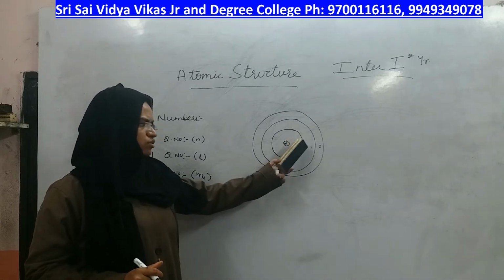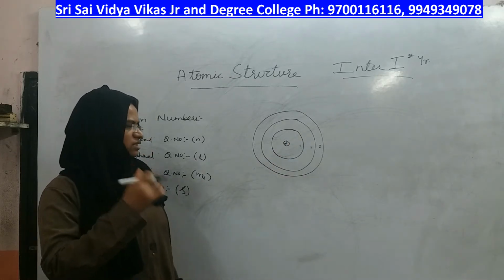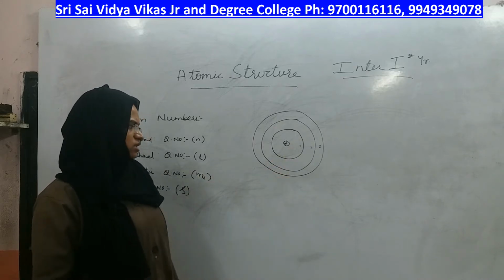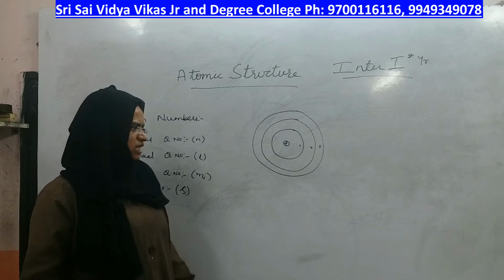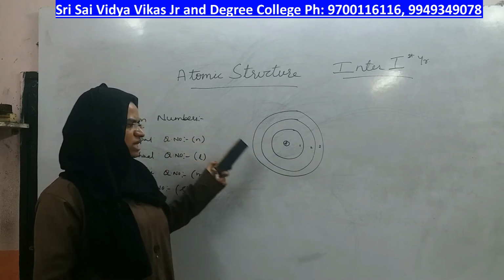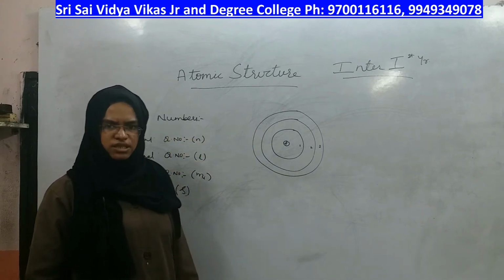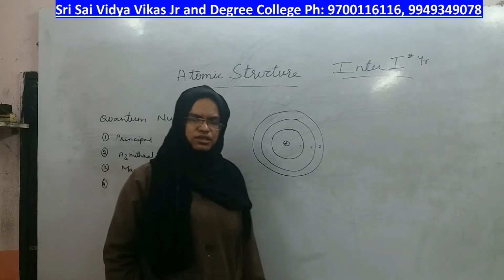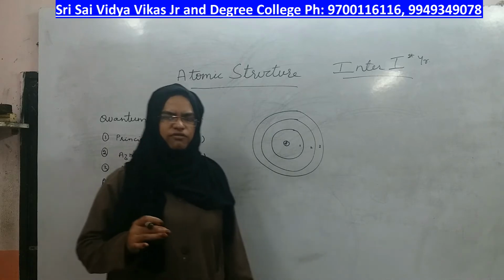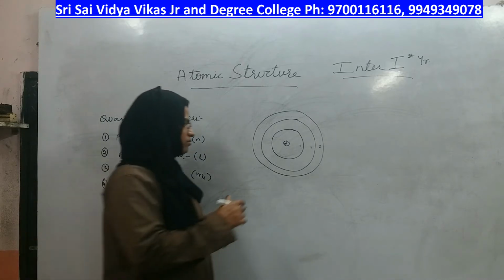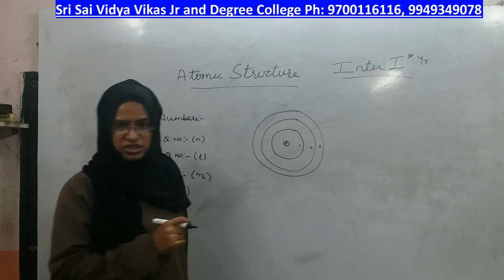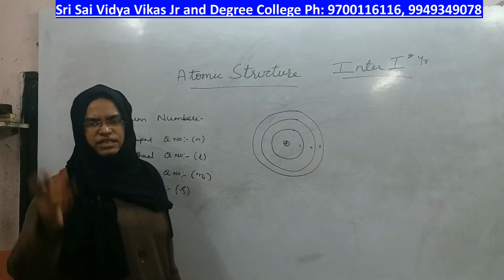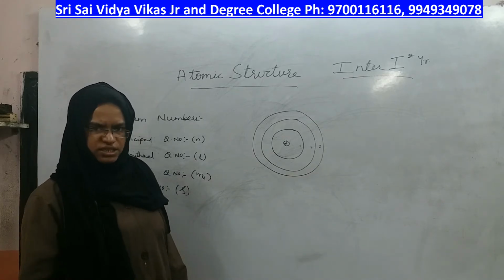That means as they are having more energy, then only they are able to go away from the nucleus. That means the ones who are near the nucleus have less energy. So, as n value increases, energy of the main shell also increases, and this principal quantum number only decides what is the energy of that main shell, and even size of the main shell. The more the energy, the more away it goes, and its size will also be larger, right?